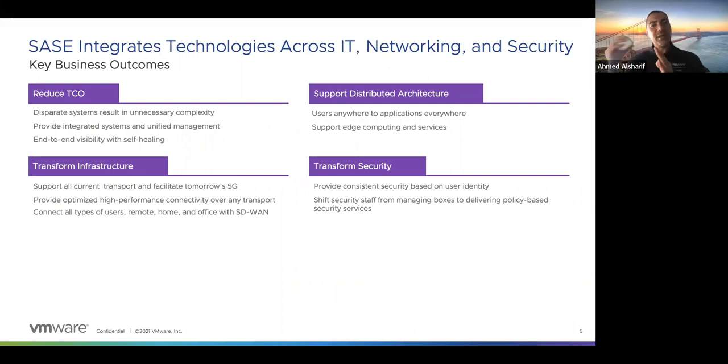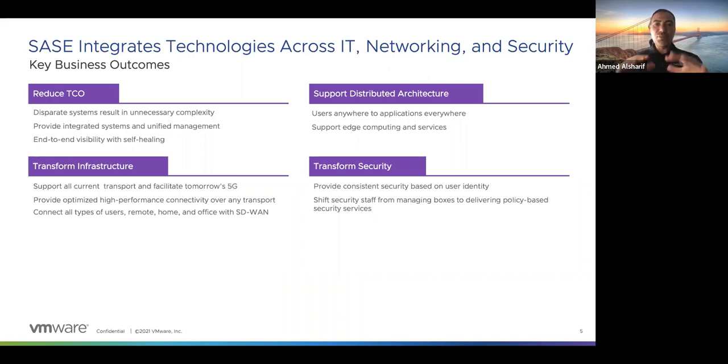That's number one. Number two, transforming the security. A lot of companies have a lot of services, but you need to have them in an integrated way where the customer can now focus on creating the policies. I don't want to be busy managing these services anymore. I want to shift my security team from managing boxes to managing and creating policies that really drive my business. That's what the focus needs to be. That's the transformation of the security. If you don't have these two, you don't have SASE. If you have only the one on the right side, transforming the security, and you have very good security components, then you are an SSE player, like Zscaler, Netskope, and these guys.